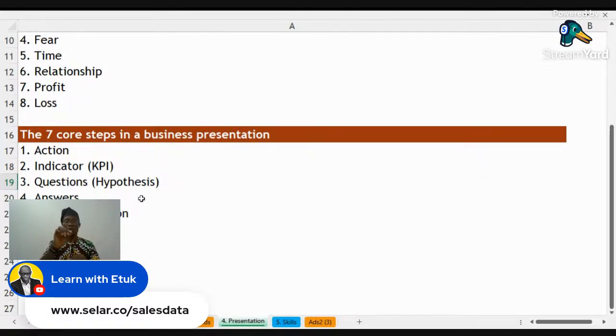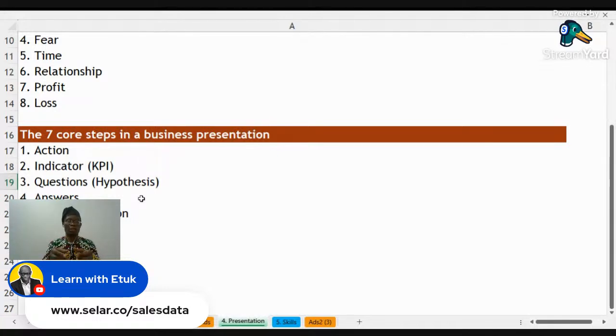It should be a sentence, not complicated, not too much grammar. Hello, sir. If you take this action, if you increase production in this particular area, it will lead to sales, it will lead to profit. An action. What action do you want the business owner to take?